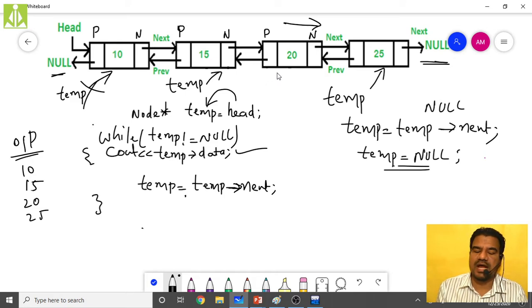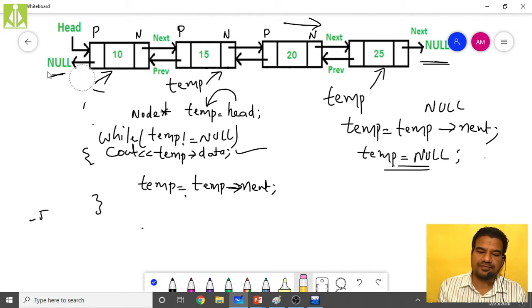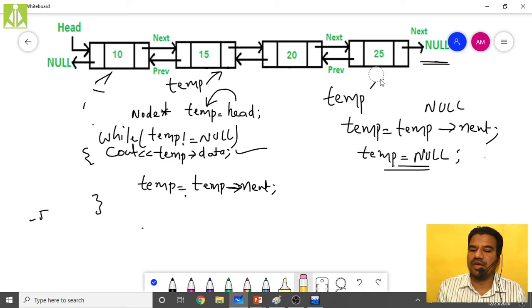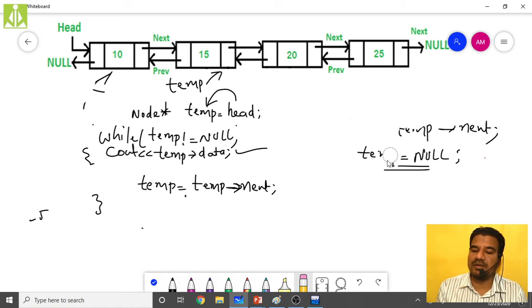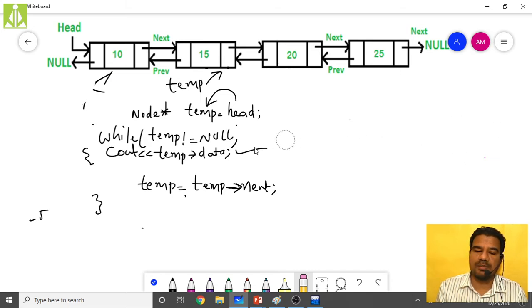To understand that, it is a very simple concept. We have to take another pointer to traverse in the reverse direction. I will show you. I will just rub this entire thing, the extra stuff that we wrote here, to give clarity on what we need to do to hold that temporary pointer before it leaves the doubly linked list and make use of it to traverse in the reverse direction.